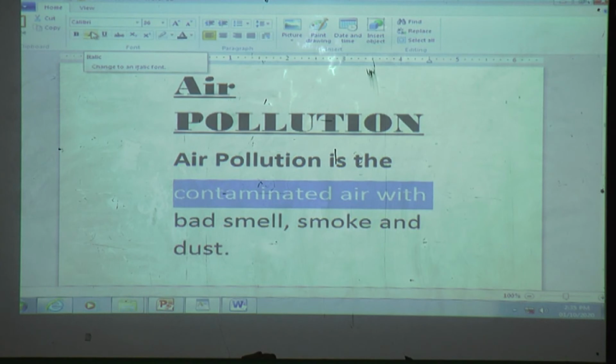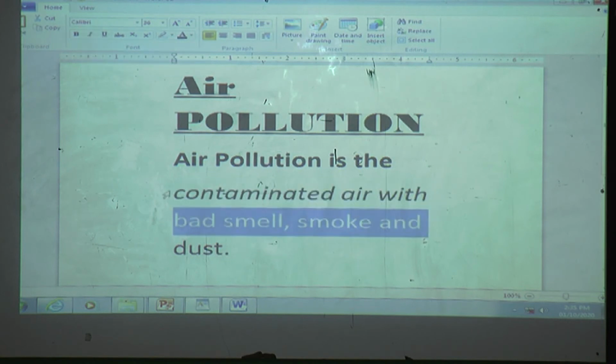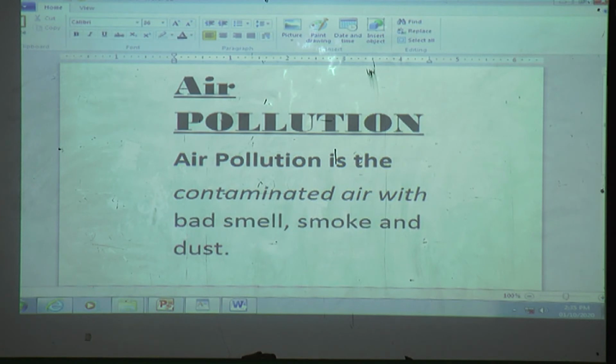For selection what must we do? Only click the mouse left button. Then you can see which effect it is. It is underline effect, it is bold effect and it is italic effect. These are the different effects. You can see here which effect it is? Underline effect. Next one is a bold effect. Next one is italic effect. Got it? How to do bold, italic and underline.